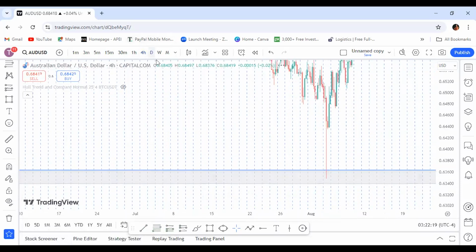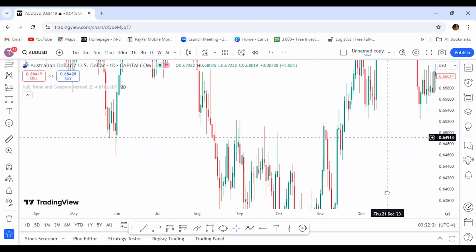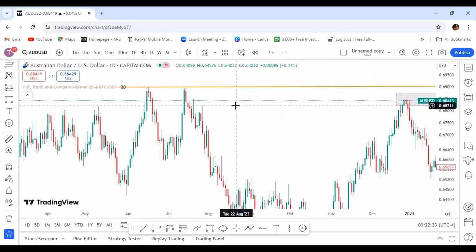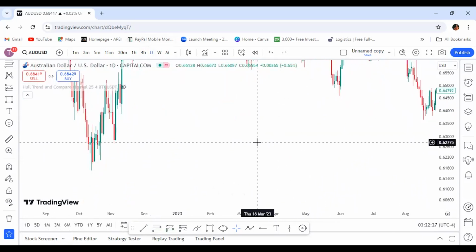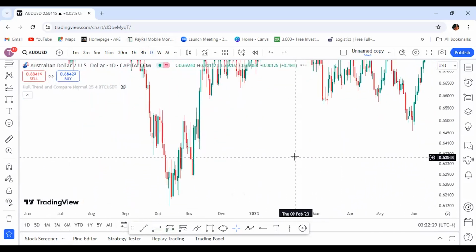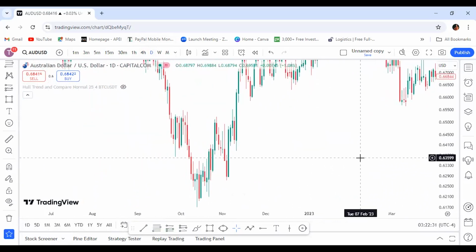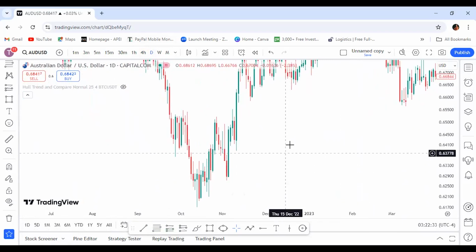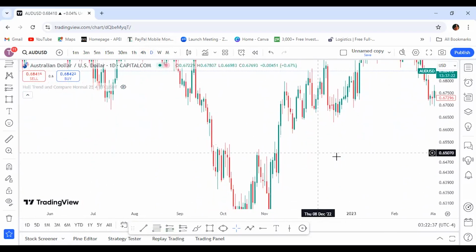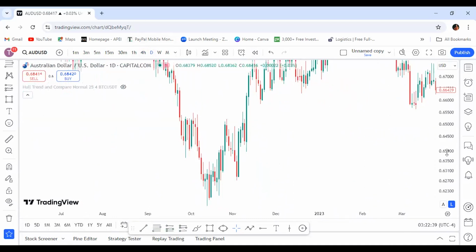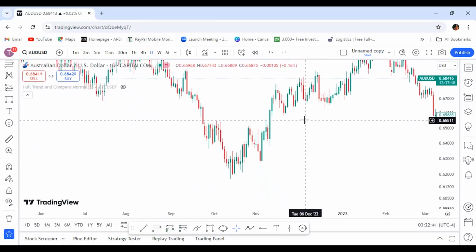All right, so let's get back to the daily time frame and we'll look at maybe a few other examples. All right, so let's look at a few examples. All right, so at this particular level, right, at this particular level,